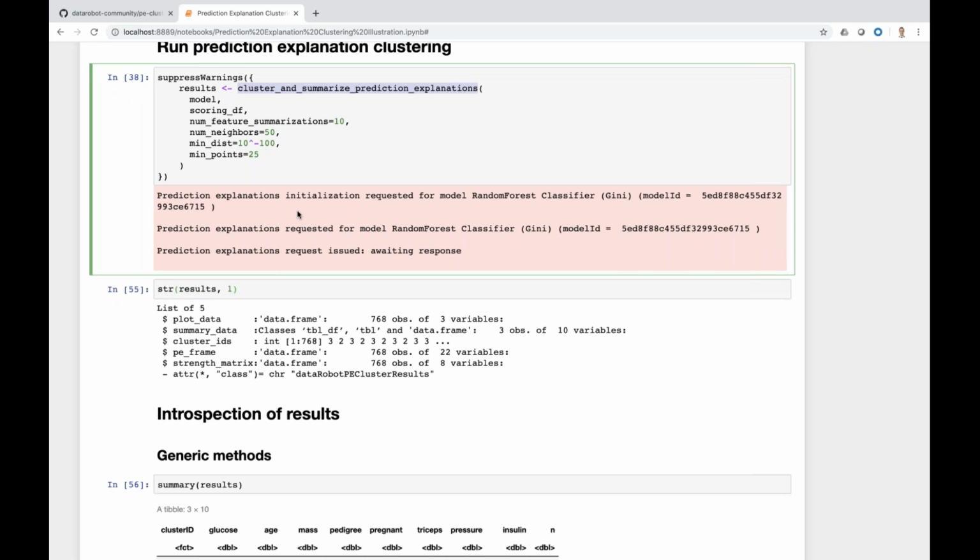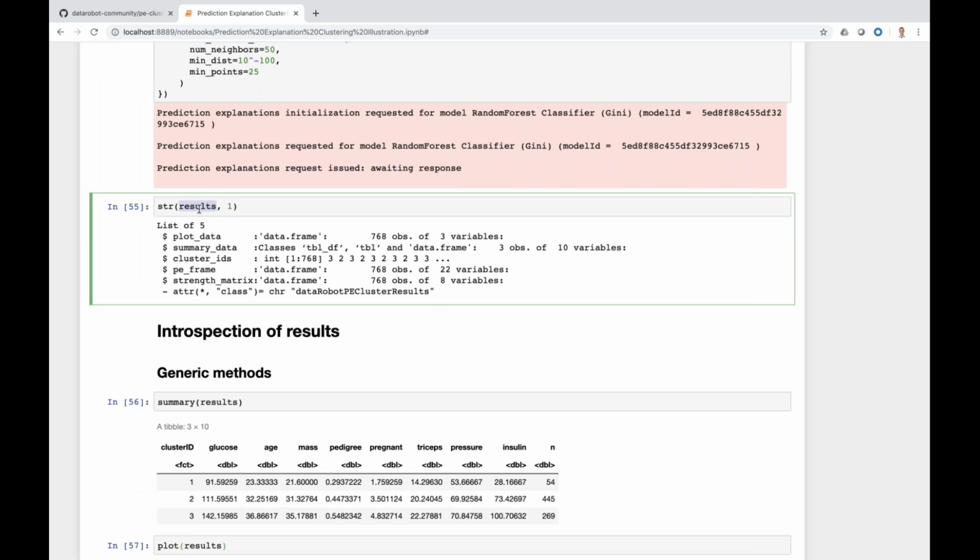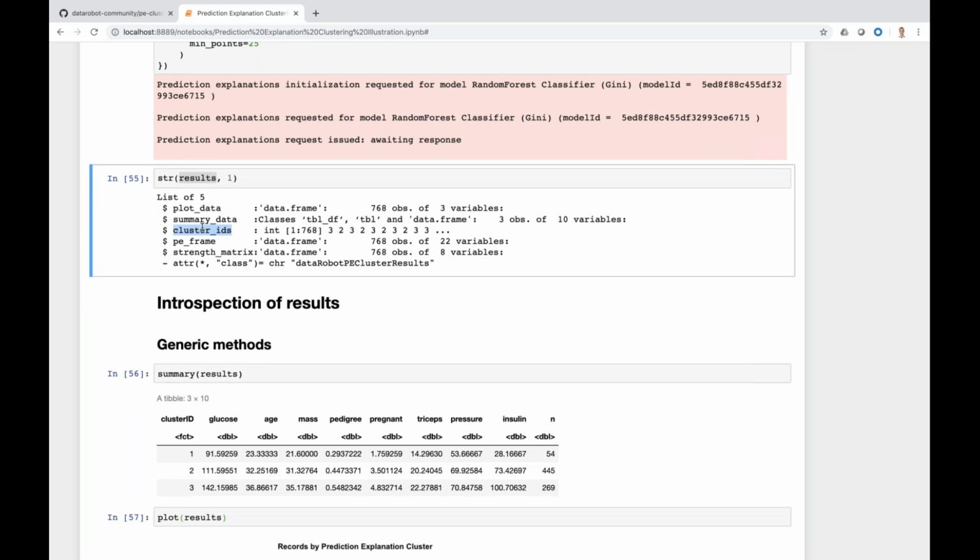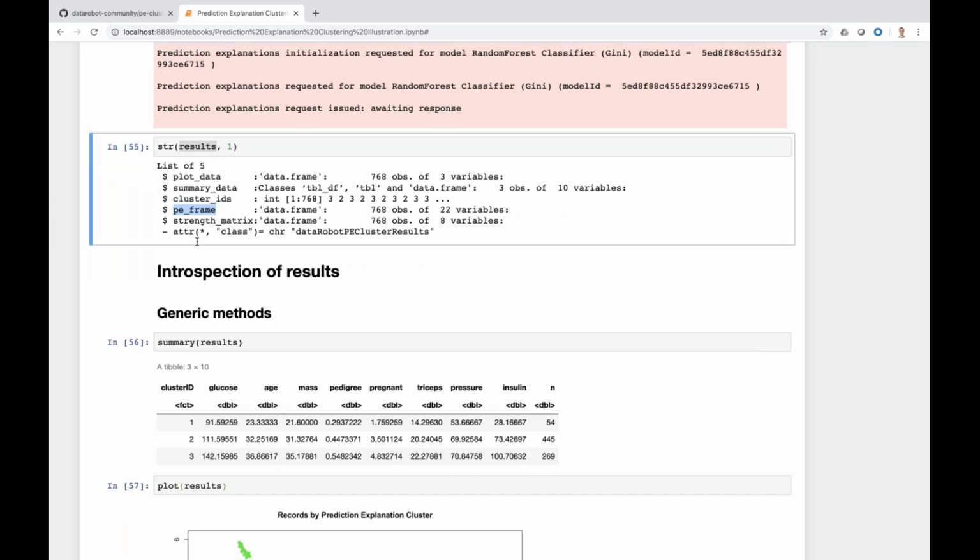And what you get back from this method is this results object, which has some summary data, data suitable for plotting, which we'll go through shortly, the actual identification of the clusters as they were returned from HDBSCAN, as well as some output from the prediction explanations so that you can continue on and use those in your own pipelines if you wish.